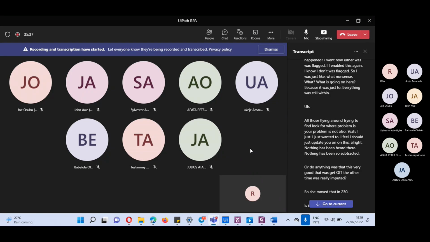Then if they want to share some industry experience with us, it's up to them to decide. They can also share that with respect to RPA, and even the automation process.